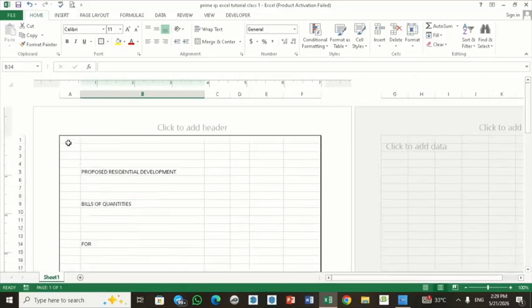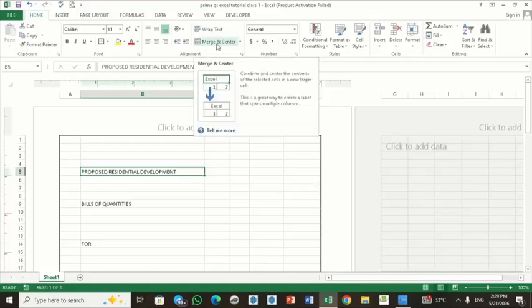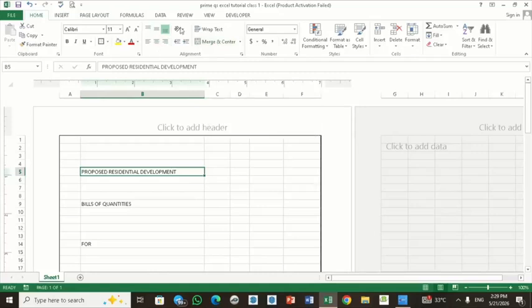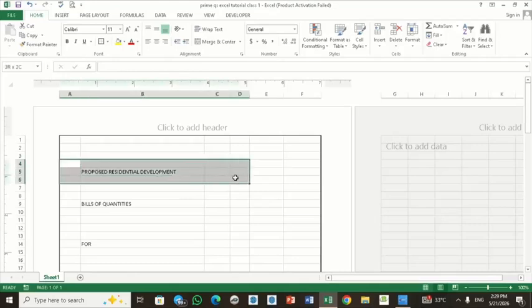So for now, let's do some work in order to deal with this. Now at this place, these tools are going to work: this merge and center, and those alignment tools are going to work here. To align this to center, we are going to highlight this place, this top one to the